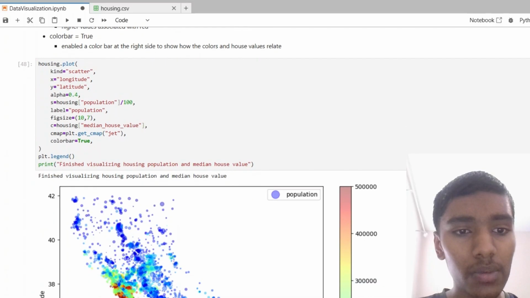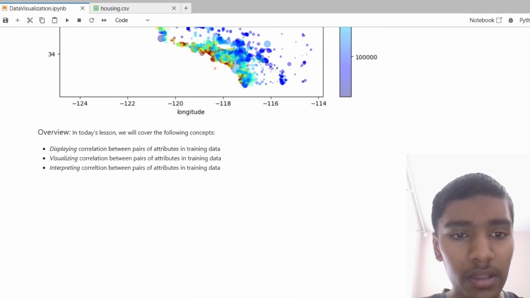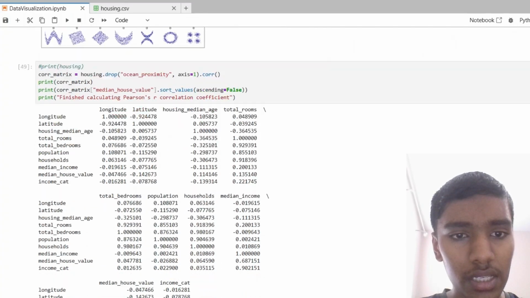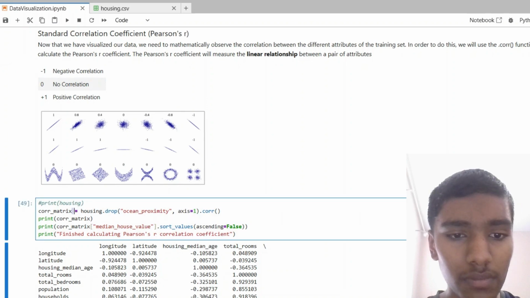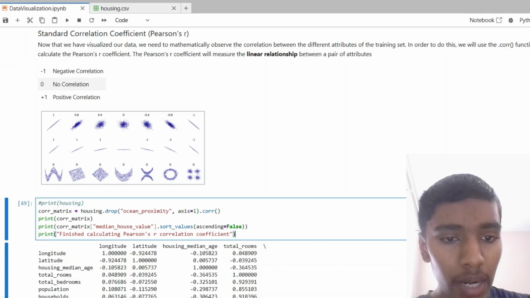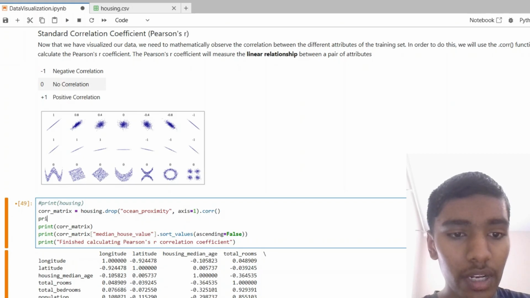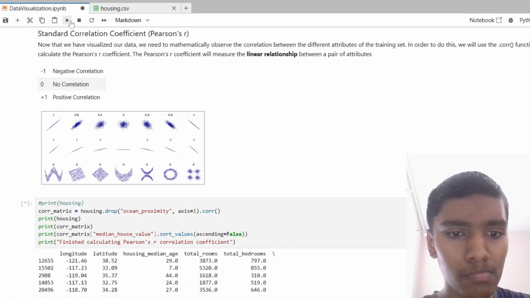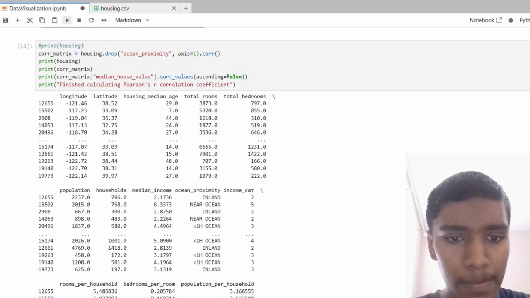So let's go down here. We did some plotting. Again, doing some basic plotting doesn't change anything. So let's go ahead and do this. All right, so we see here that we have a new variable here, housing_matrix, and we removed one of the columns. So now if I go ahead and print housing, based on what it should do is,